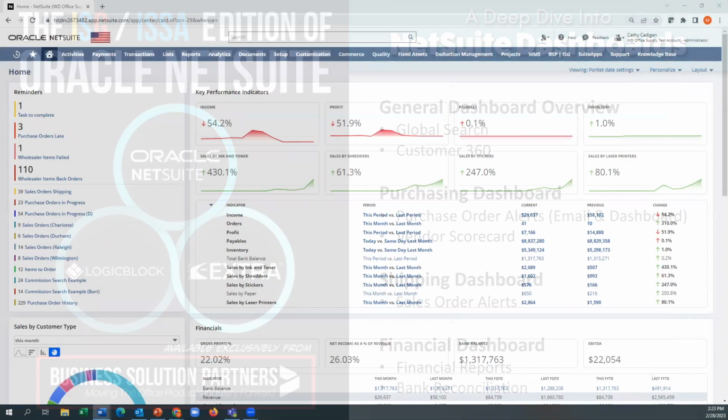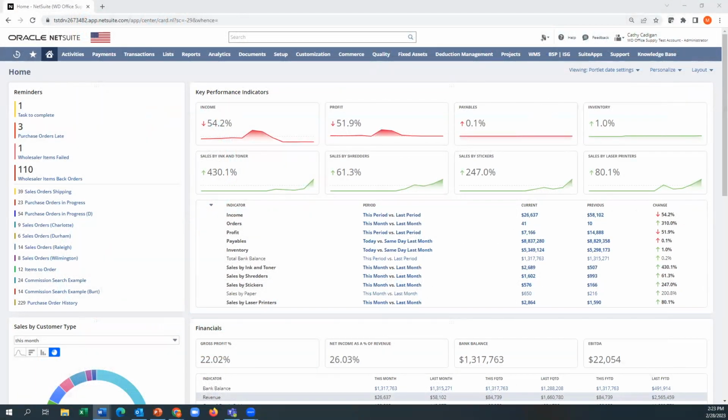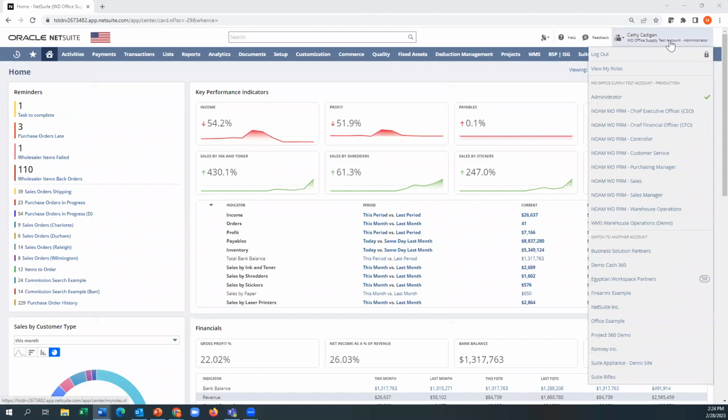So for the people that have not seen NetSuite, this is what NetSuite considers to be a dashboard. The dashboard is different depending on what user you are. You can always see that at the top right. So Kathy Cadigan, administrator, is who I am impersonating now.